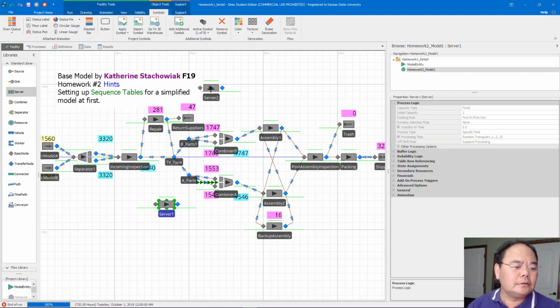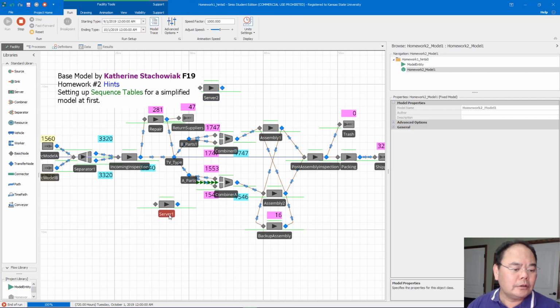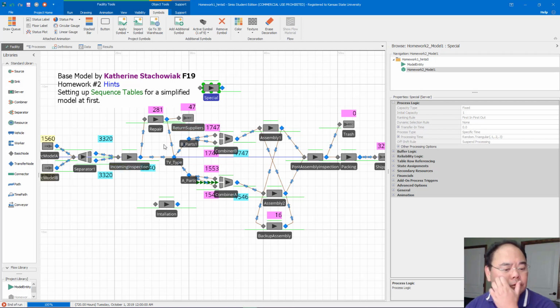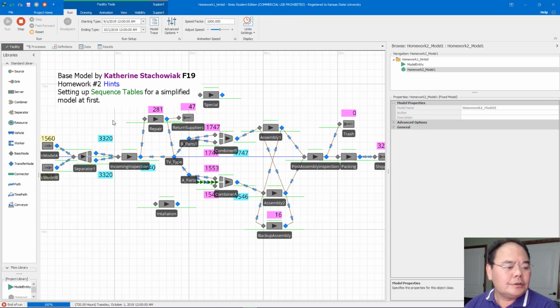One here somewhere called the installation, one called special workstation, and then we're going to link from after the incoming inspection to each one of those based on either their screen or model, or screen or electronic. So we need to add 2 more